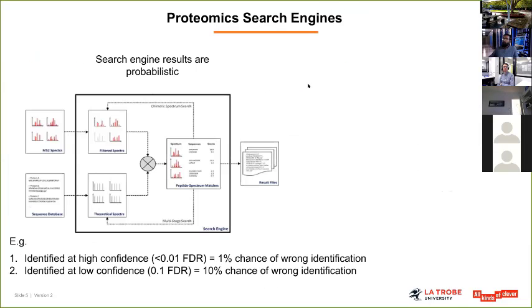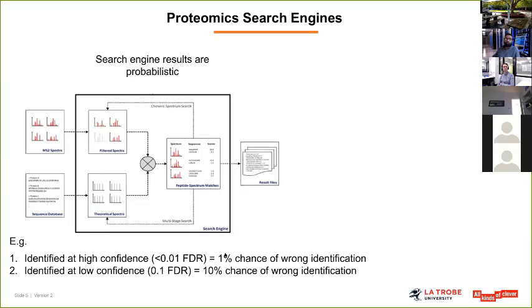One important thing I want to mention is that the results we are getting out of a search engine always have a probability value attached to them. So for example, if we say we detect your protein of interest at a high confidence, or less than 0.01 false discovery rate, that doesn't mean you're 100% sure this is the protein. In other words, there's a 1% chance there could be a wrong identification. This is purely due to the algorithmic